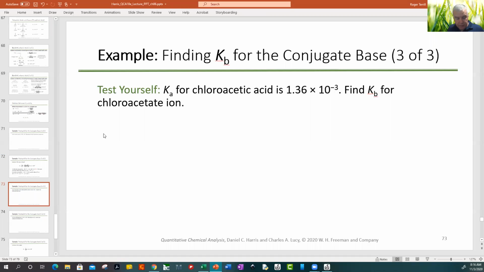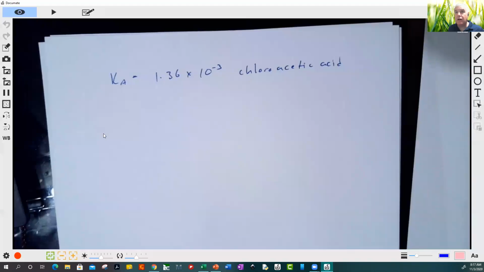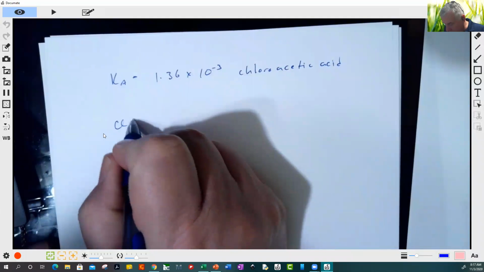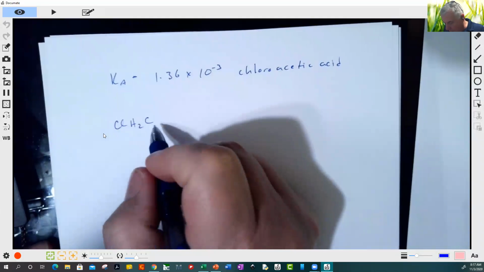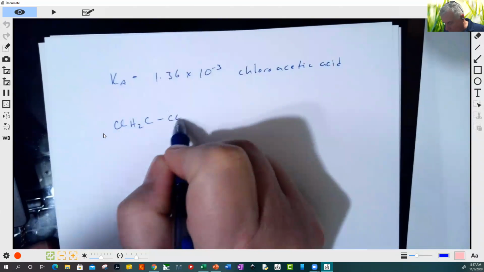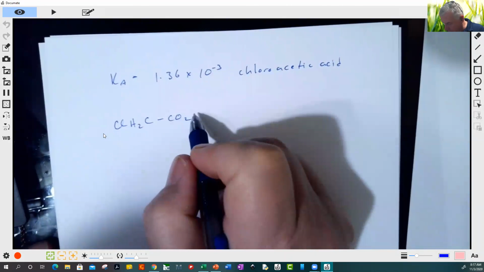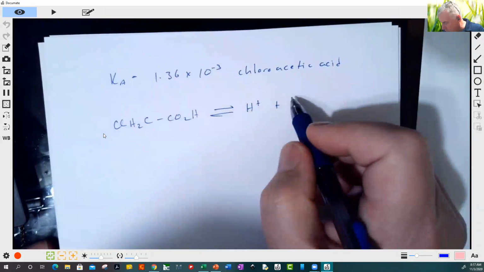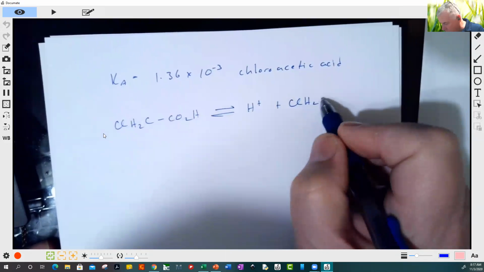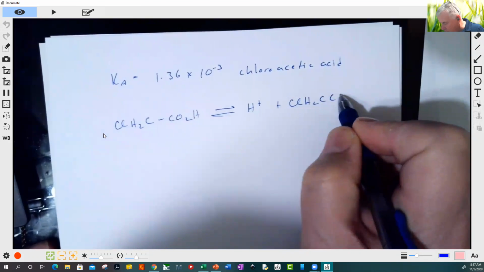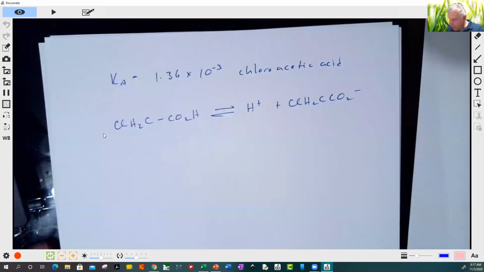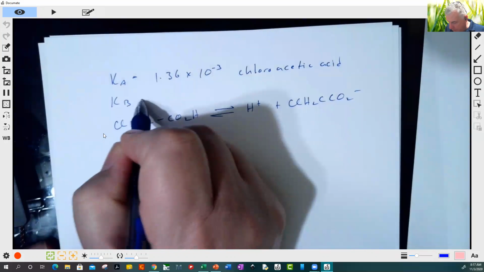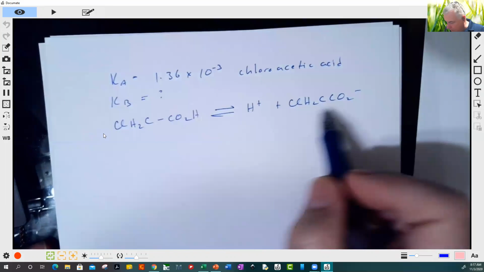Okay, now let's find Kb here. So this is ClH2C CO2H, right? CO2H makes H plus and ClH2C CO2 minus. So the Kb will equal what here? Well, the Kb is going to be this ion here,